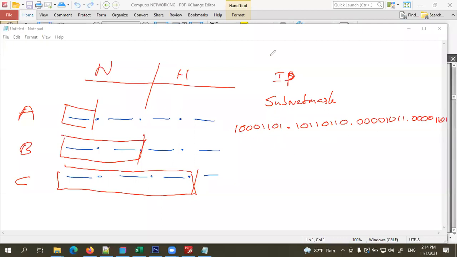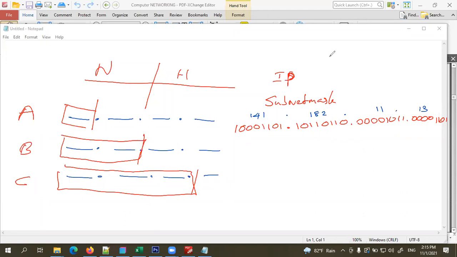If I write the decimal format of this one, it is 141.182.13.